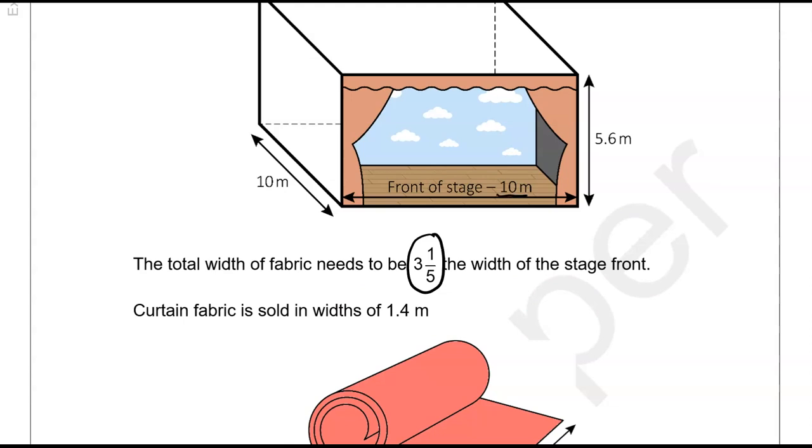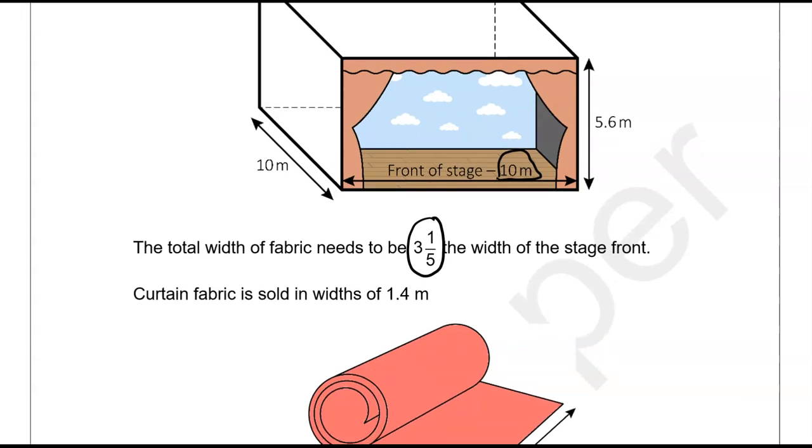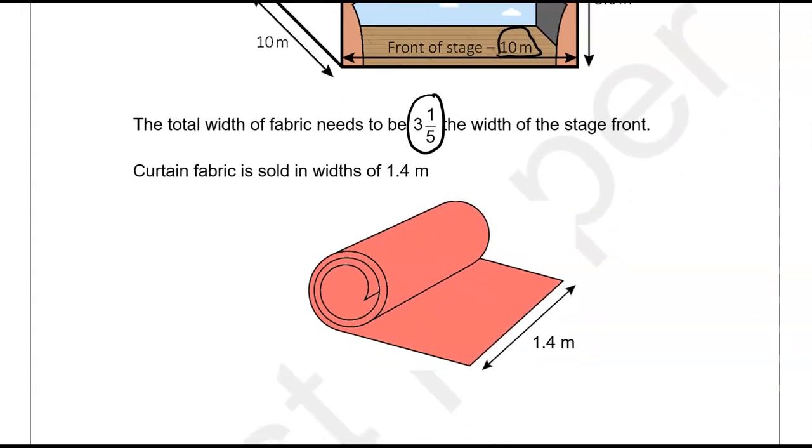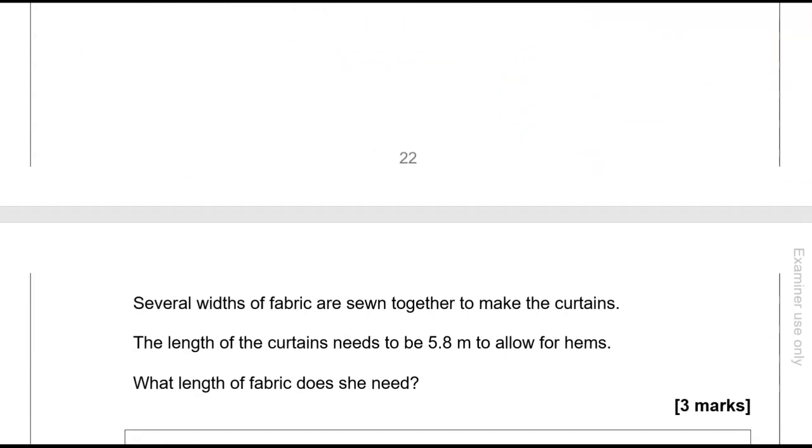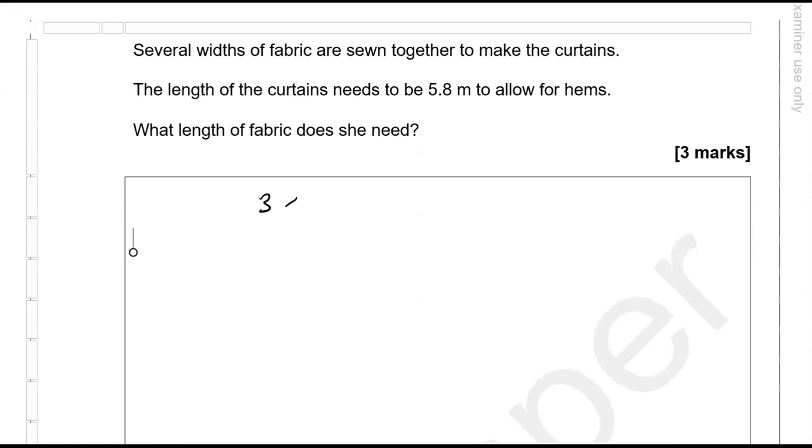The stage front is 10 meters wide, so 3 lots of 10 will be 30, and 1/5 of 10 is going to be 2, so 10 divided by 5. So that is 32 meters width,